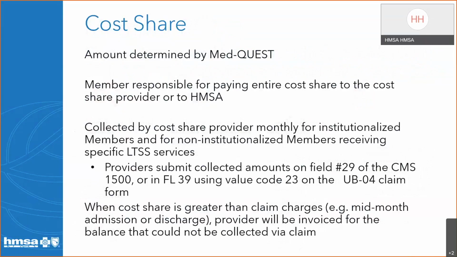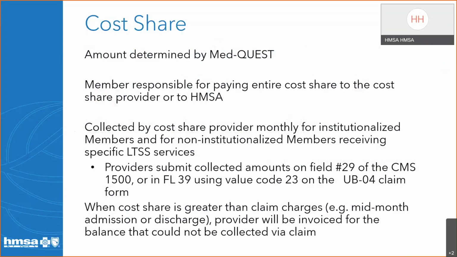When MedQuest deems a member liable for a cost-sharing portion, the member will pay that cost share to either a provider or to HMSA. This will generally apply to the Quest Integration members who are at a nursing facility or with a home and community-based provider, or a non-institutionalized member receiving LTSS services.